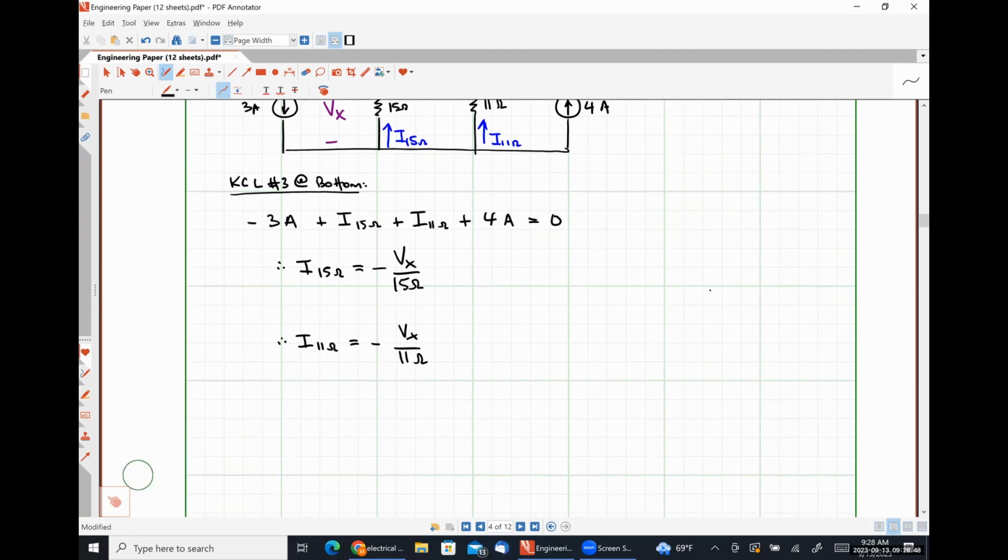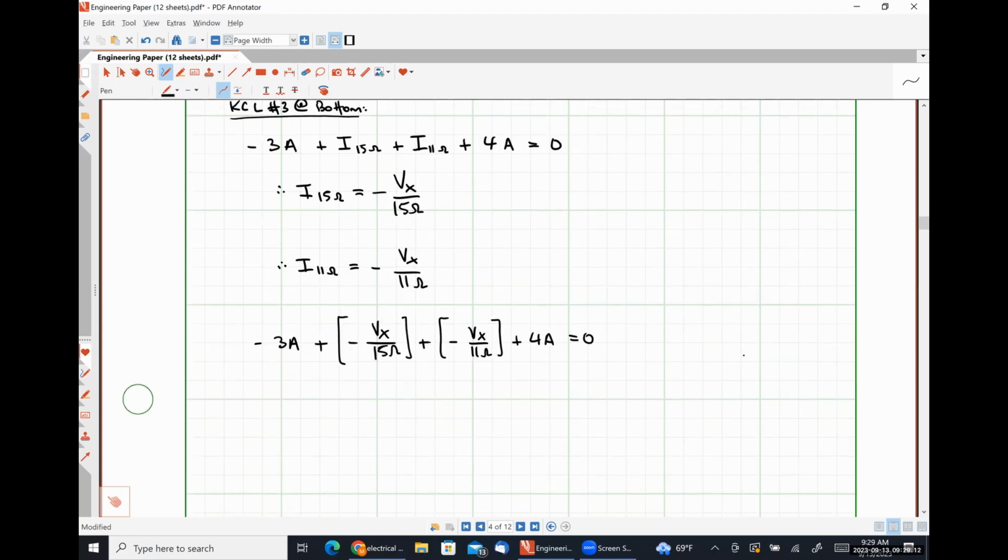All right, so if we substitute that in, let's do that directly here, we're gonna have negative 3 amps plus negative Vx over 15 ohms plus negative Vx over 11 ohms plus 4 amps is equal to 0. So let's move some things around here. The negative 3 plus 4 is going to look like positive 1 amp on the left-hand side of the equal sign. And then I'm going to have Vx times 1 over 15 ohms plus 1 over 11 ohms,